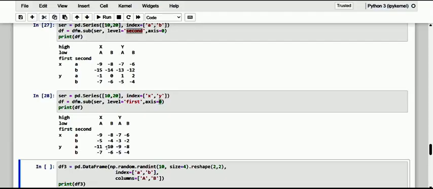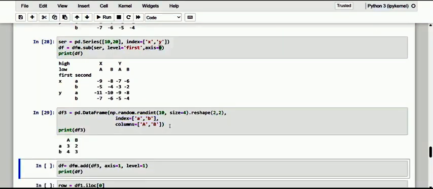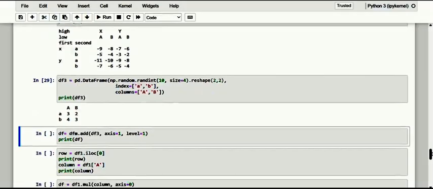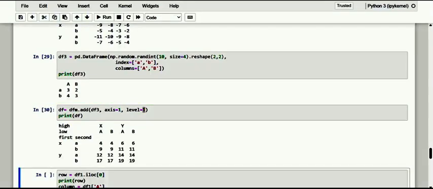Let me make use of this exact data frame and see here what we have made: index A and B, and towards the column A and B. Now let me create this data frame, which is consistent with the labels used at the various indexing levels. Here for the indexing levels, let me set axis equal to 1 and level also equal to 1. Now let me execute.